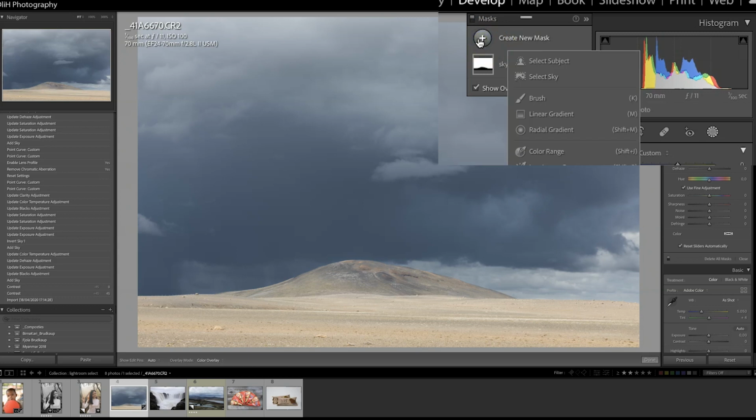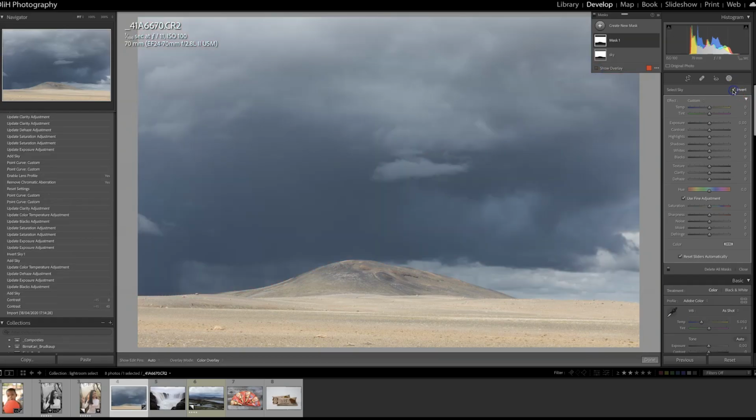So I wouldn't really try to select subject. Maybe that would work, but I want to just select everything but the sky. So I just select the sky again, and I select invert. So now I have the ground selected, not the sky. Take off overlay, and let's see if it can just, like,